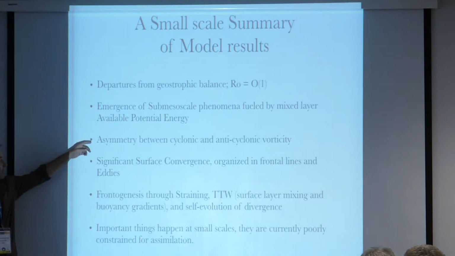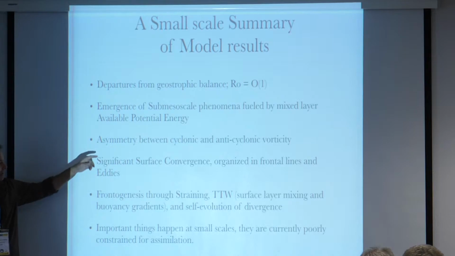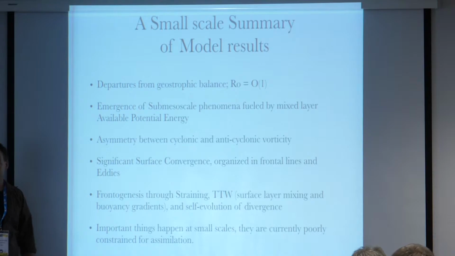There's a very strong asymmetry between cyclonic and anticyclonic vorticity, with significant tails on the positive vorticity end. There's significant surface convergence. So unlike the geostrophic flow field, which really has strictly no vertical velocity at all of any amplitude, submesoscale starts to have order 1 vertical velocities. And then